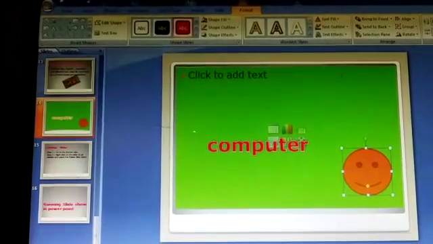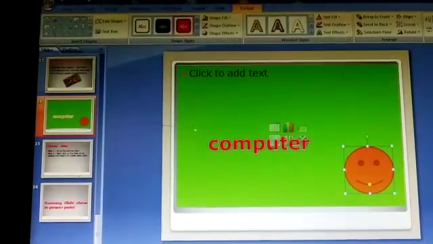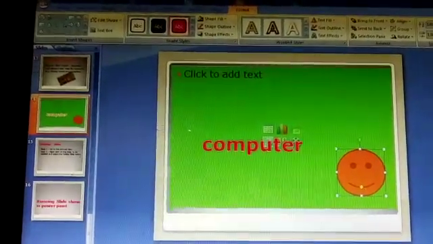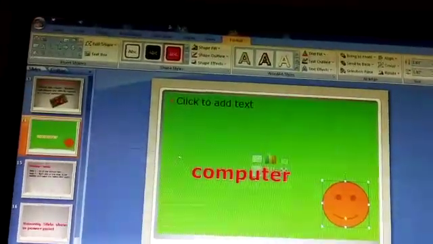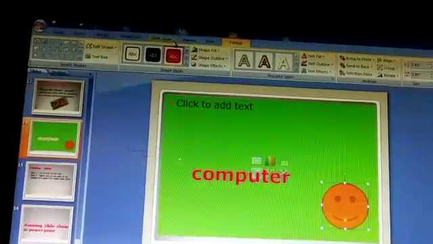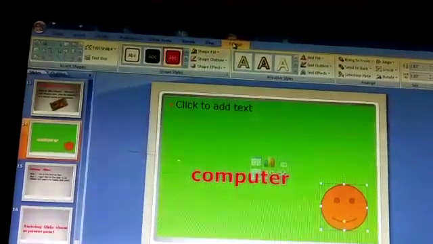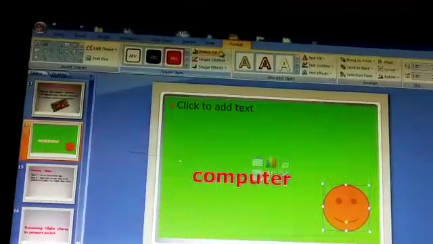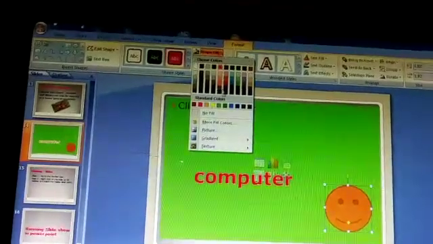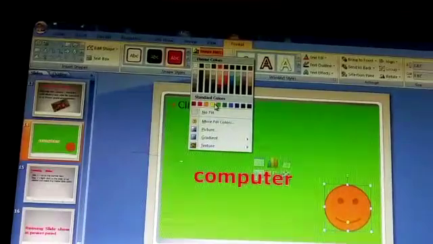Students, if you want to change the color of the shape, means this smiley face, first you have to select the face. Then go to this format option. Click here on this format tab. Then the fill shape option is there. Click on this and choose the color according to you.